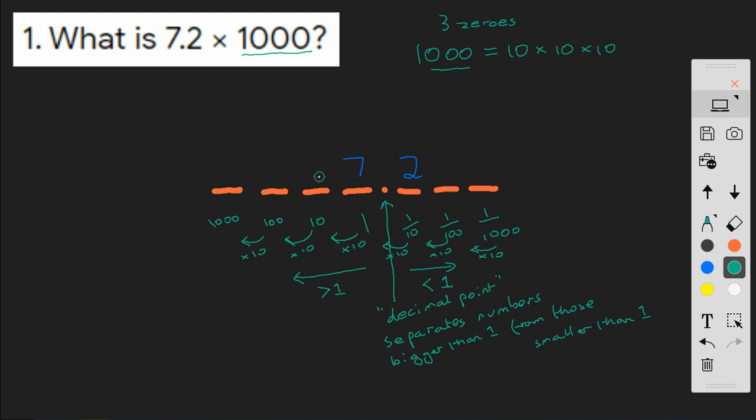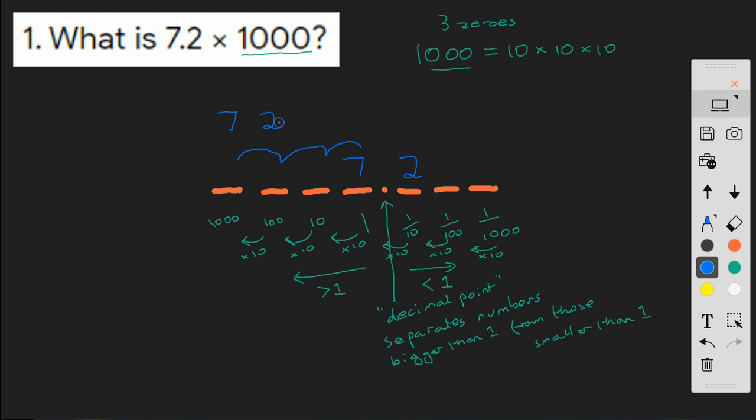So if each of these columns is 10 times bigger than the previous one, then the way for me to do this exercise is to move each of these digits 3 columns. 1, 2, 3. 1, 2,